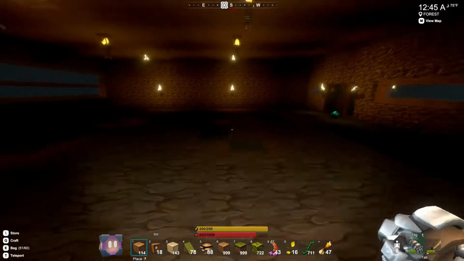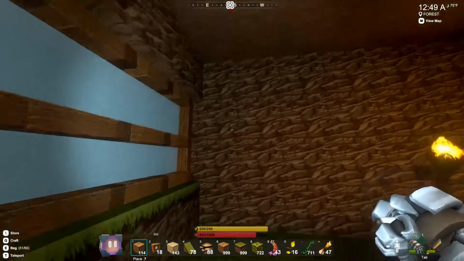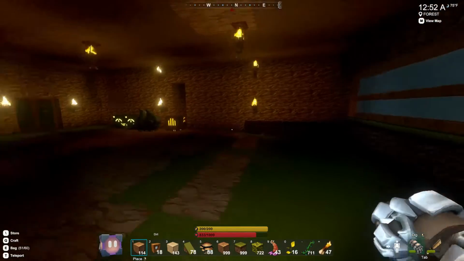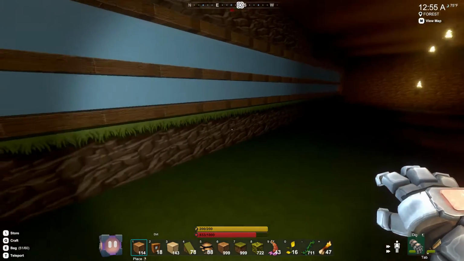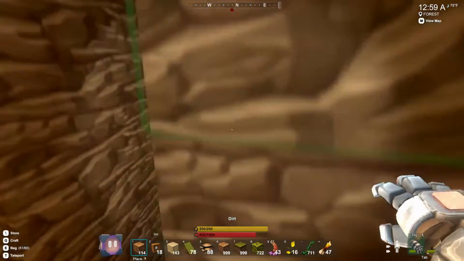I've got plans also, because I'm not going to leave this all dirt. I'm going to make it real nice for looks. I'm trying to figure out if I want to do stone or if I want to do wood or what. But anyway, see, like this